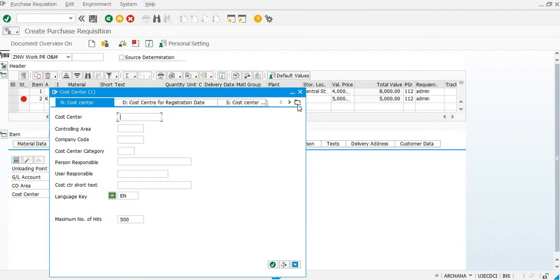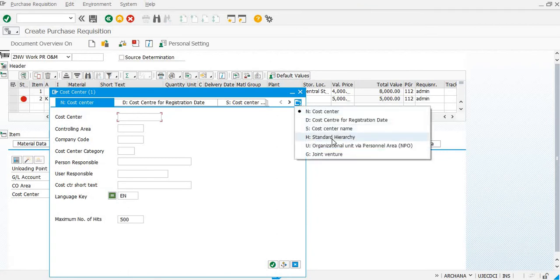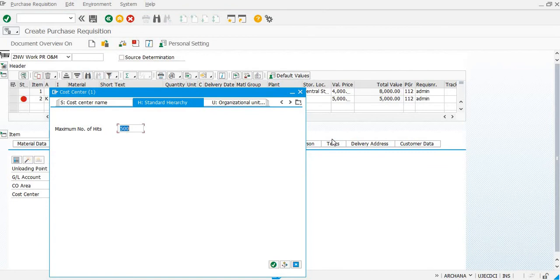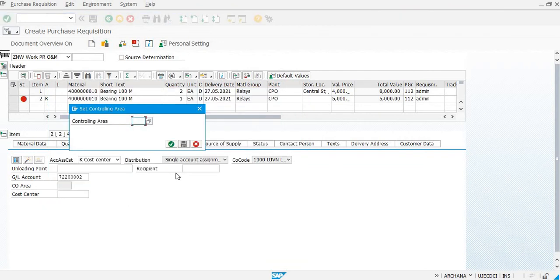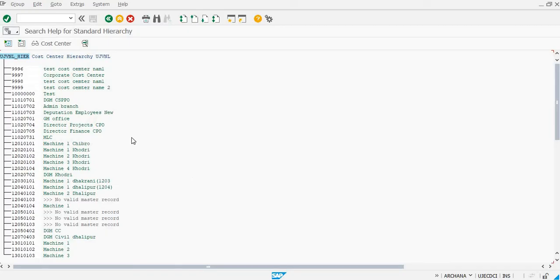We can search the cost center using H, that is the standard hierarchy. And then click enter. Controlling area, it will be 1000 for all the cases. Here we can select the cost center according to our plant code.